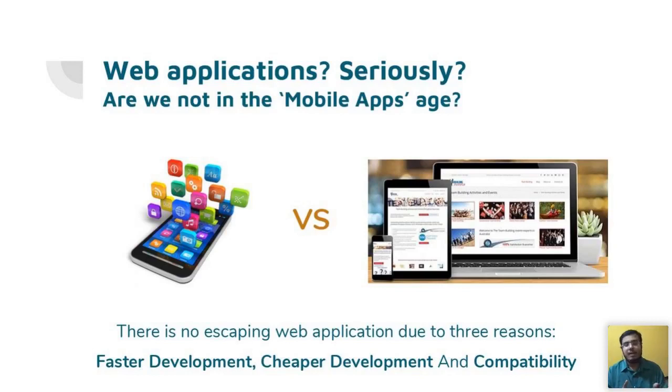And then there are also organizations that build web applications in the initial phase so that they can get faster and cheaper products out there. And then they transform into a mobile world, so they have both web applications and mobile applications running. Mobile applications come into the picture when you want to give offline access to the user, so the user doesn't have to stay connected to the internet to access your application, right? That is where the power of mobile apps comes in.